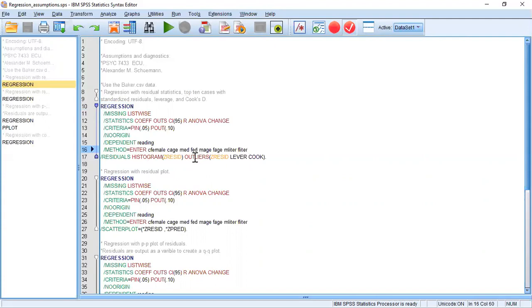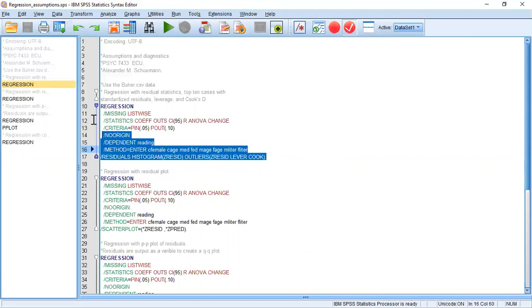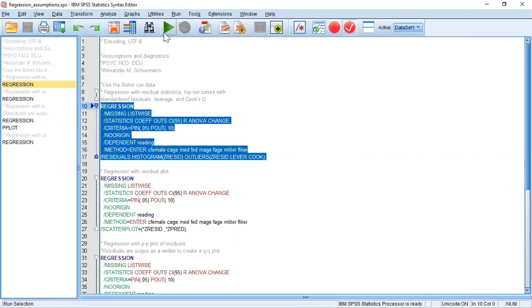Outliers will highlight extreme cases based on residual scores, which is distance, leverage, and Cook's distance, which is a measure of influence. So it'll highlight specific cases. So if we highlight all this and run it,